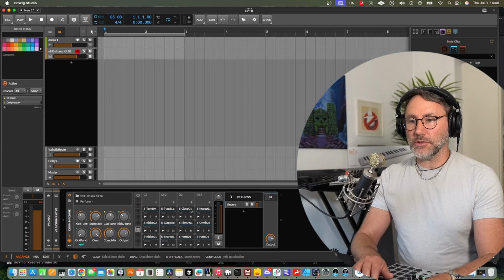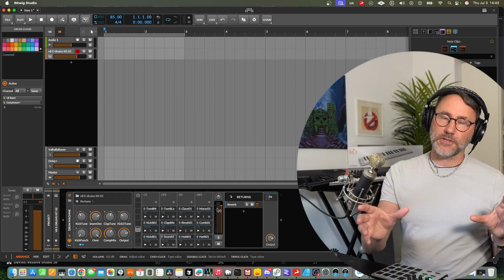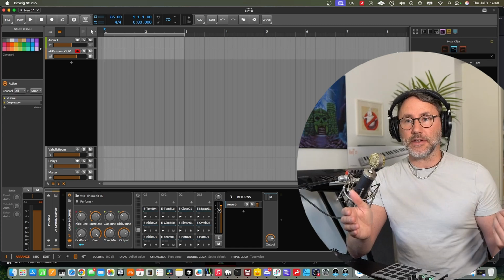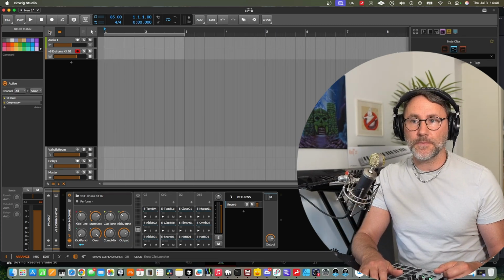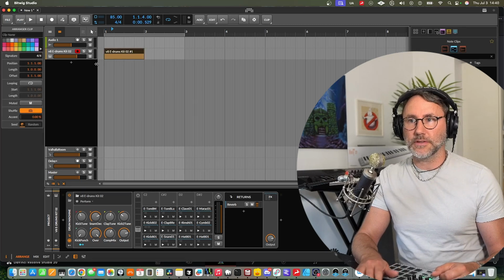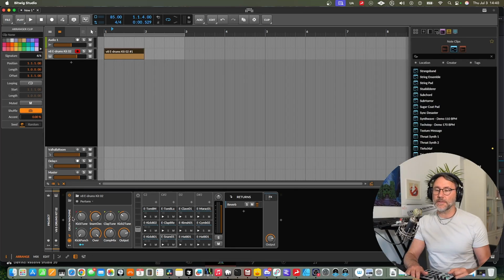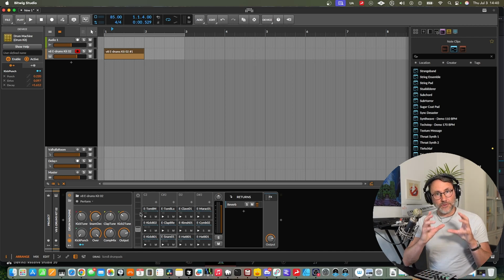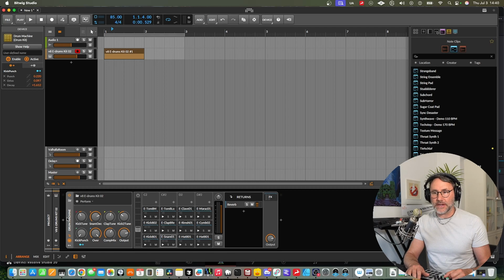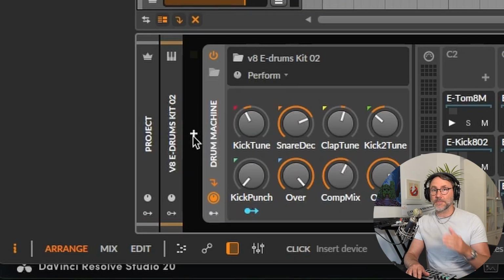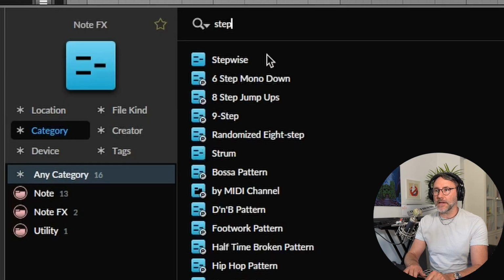Right, so next up we're gonna load up the Stepwise step sequencer, and you need to add this before the drum machine, because the drum machine receives MIDI either from your arrangement timeline here or the clip launcher. So the MIDI will go from the clips in your timeline down to the device chain. And after the drum machine it's gonna be audio, so prior to the drum machine we need to add a Stepwise sequencer. So press the plus sign before the drum machine and search for step,